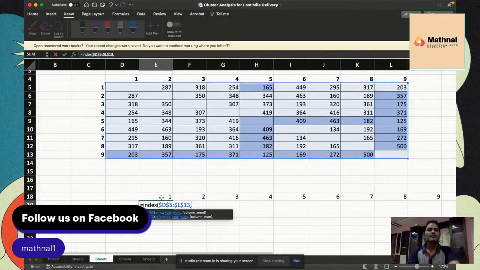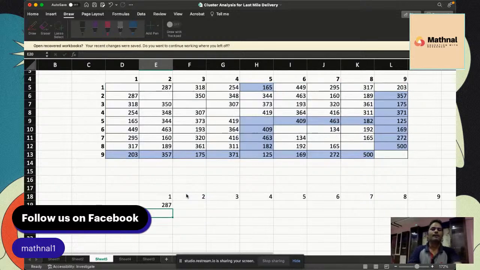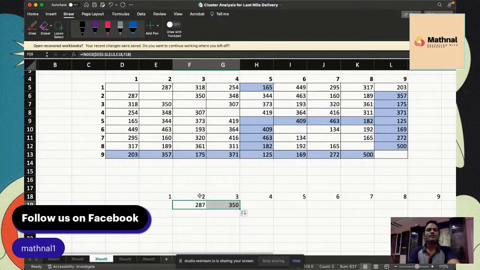Let's say this is my row number, and this is my column number. I close the bracket. What is the meaning of this? The meaning of this is the distance between 1 and 2. The distance between 1 and 2 is 287. If I drag this formula further, the distance between 2 and 3 is 350. Like this, if I drag further,